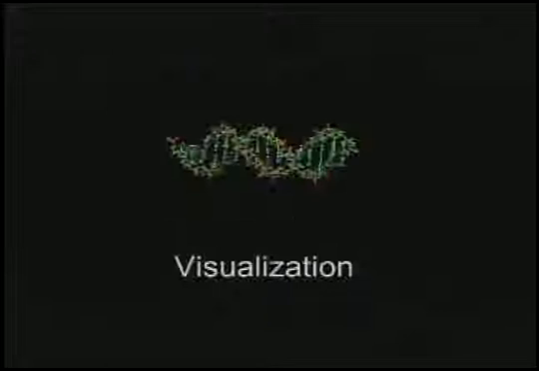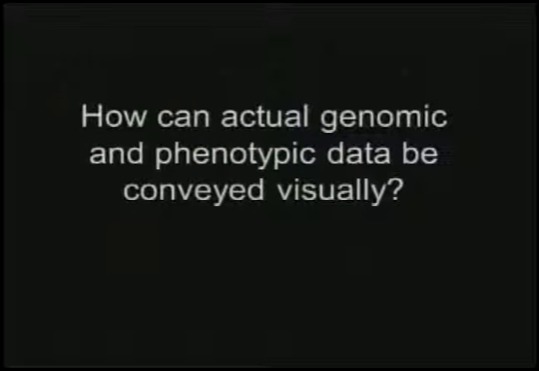So for humans, we like to say this is DNA, and that's how everything is sorted out. But also, that's kind of hard to label and say each part is the part that we're saying. So how can actual genomic and phenotypic data be conveyed visually? It's a very hard question, and a question reserved for biologists much better than I, being a computer science major. So luckily, the answer was given to me.